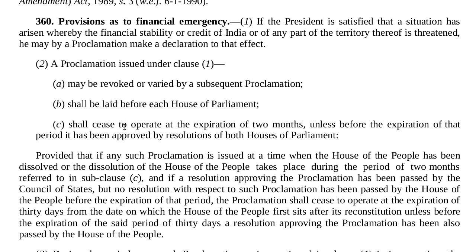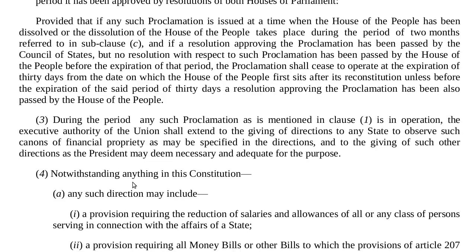C. Shall cease to operate at the expiration of 2 months unless before the expiration of that period it has been approved by a resolution of both Houses of Parliament, provided that if any such proclamation is issued at a time when the House of the People has been dissolved, or the dissolution of the House of the People takes place during the period of 2 months referred to in sub-clause C, and if a resolution approving the proclamation has been passed by the Council of States but no resolution with respect to such proclamation has been passed by the House